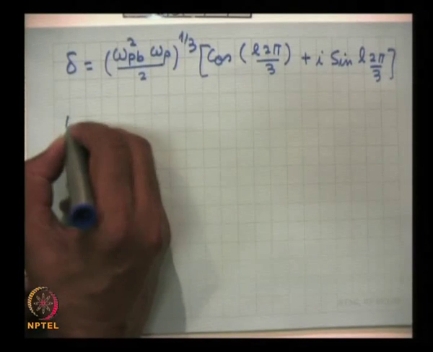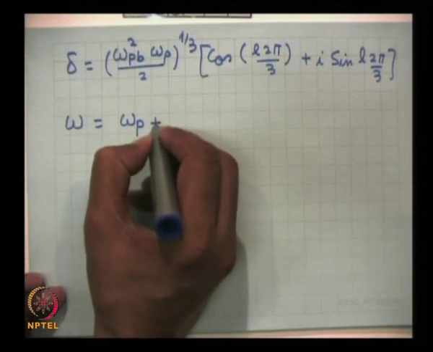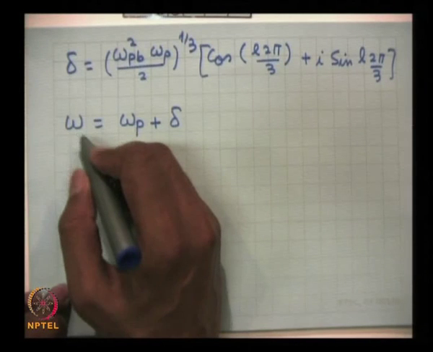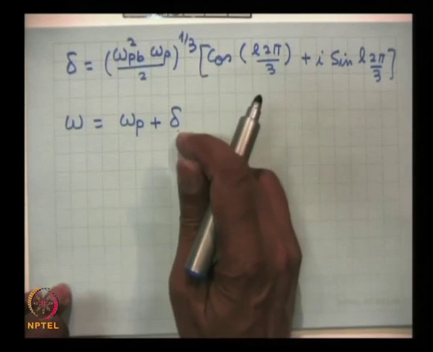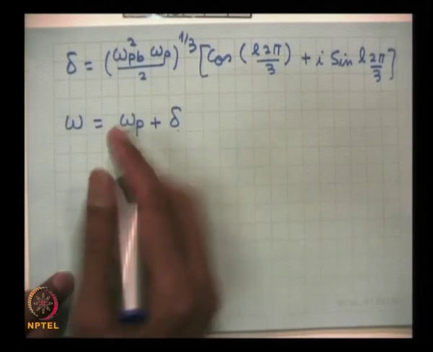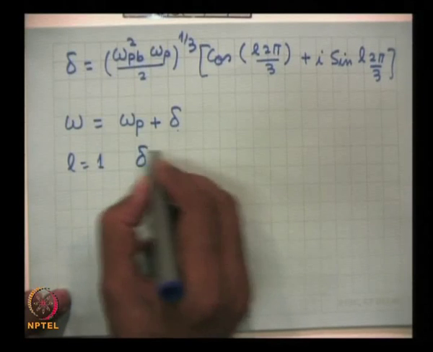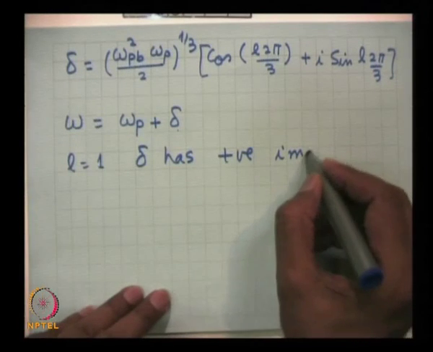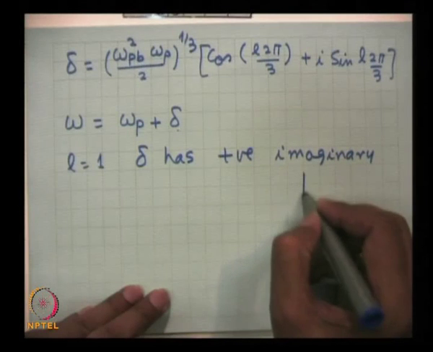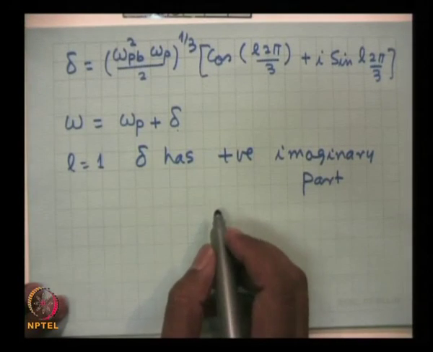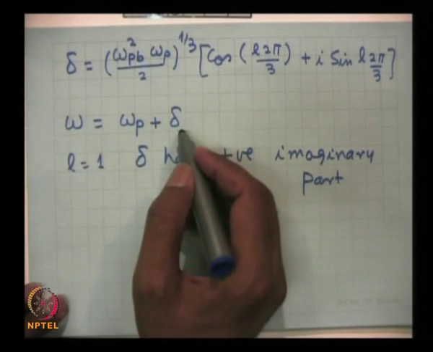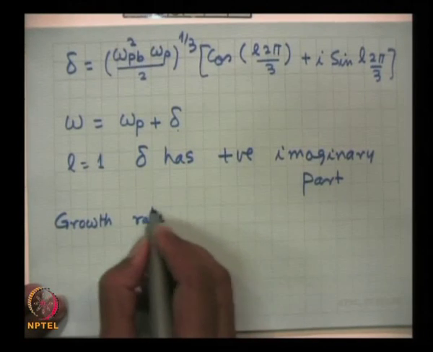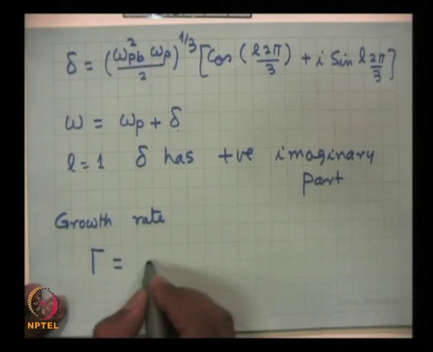Please remember your frequency is omega p plus delta. I am looking for a solution where omega has a positive imaginary part, so that the wave amplitude grows with time. So, I am looking for delta to be positive imaginary. So, for l equal to 1, delta has positive imaginary part, and hence the frequency will be complex with a positive imaginary part. And imaginary part of omega is the same thing as imaginary part of delta, is called the growth rate. Growth rate is called gamma, which is imaginary part of omega,